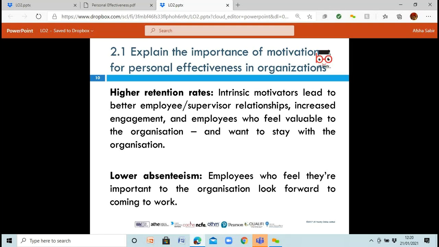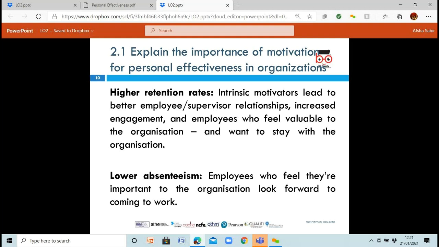Again, higher retention rates, that's the same as what I just mentioned earlier about being able to keep your employees so they're not chopping and changing. They're not leaving constantly, or you're not hiring people constantly, because it costs money and time to advertise, interview, and get new people in. So lead a good relationship between your employees and the management teams. Make sure you're talking to each other, and let your employees feel like they're valuable, that their input within the work is what's helping your company go forward, so that what they do, you're happy with.